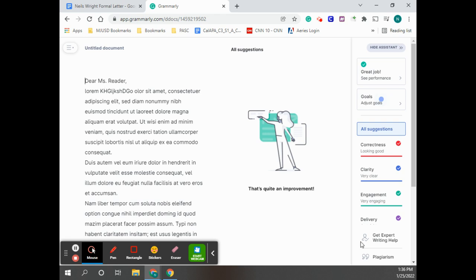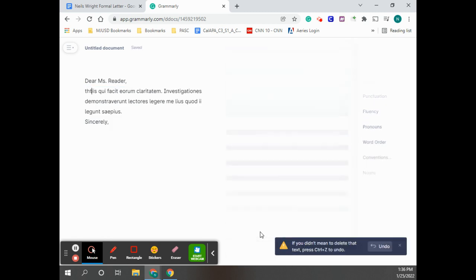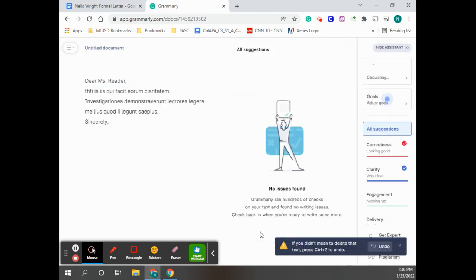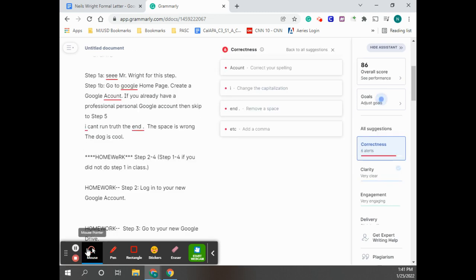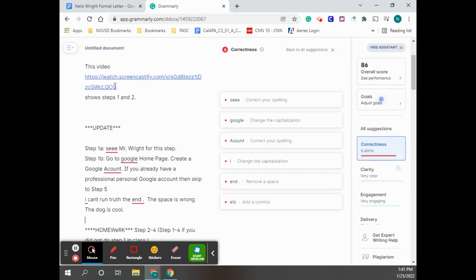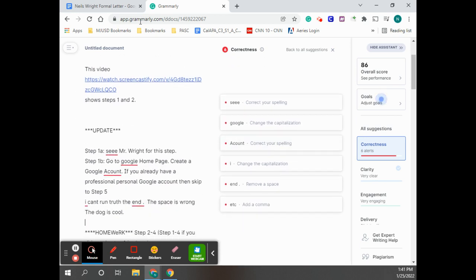So that's not a very good example. I don't know how to correct that, but let's see. Okay. In order to provide an example, what I did was copy the instructions, and then I'm showing you that